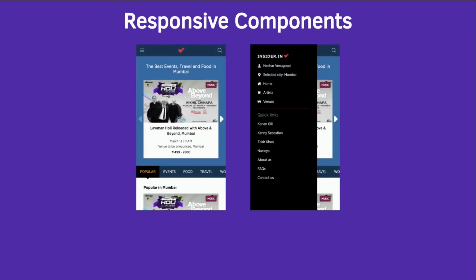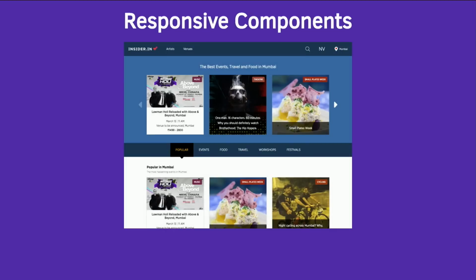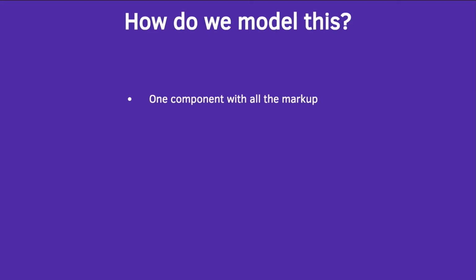Imagine a very common use case like this. Everyone has seen something like this. This is pulled off our production site, where you have a hamburger icon that opens a menu bar on mobile. The same thing on desktop gets pinned to the top. This is how it looks. How do you model something like this in your component hierarchy? Do you do one component with all the markup and then use CSS to mess around with that? Do you do two components? You call one mobileHeader.js, you call the other desktopHeader.js, and then on the client side, you figure out which one to load. But that leads to a subpar user experience.